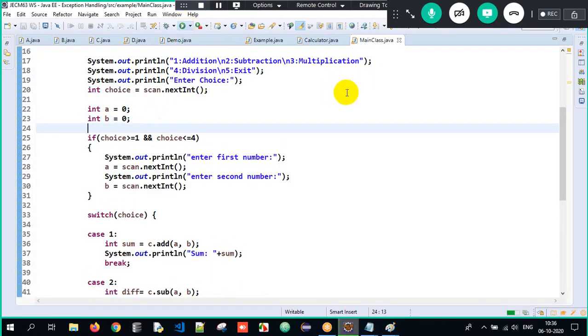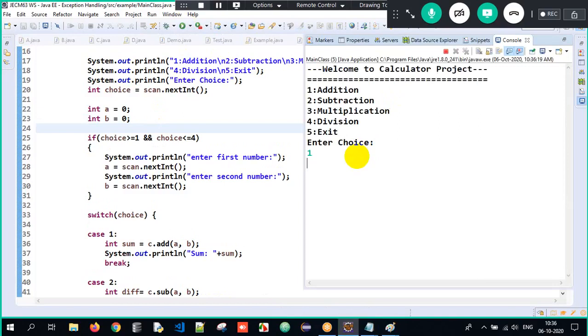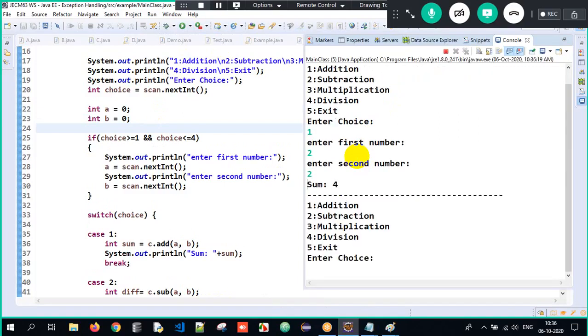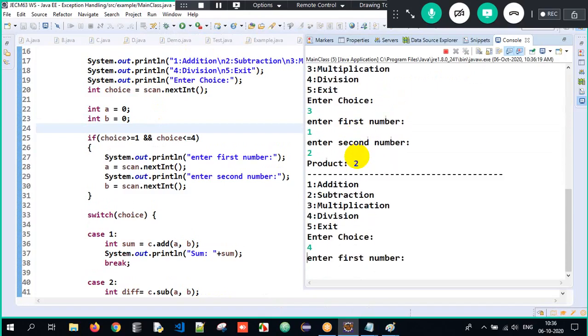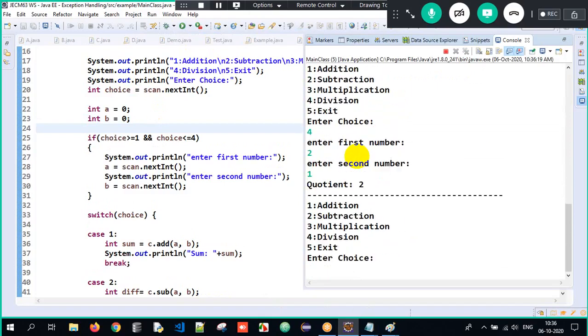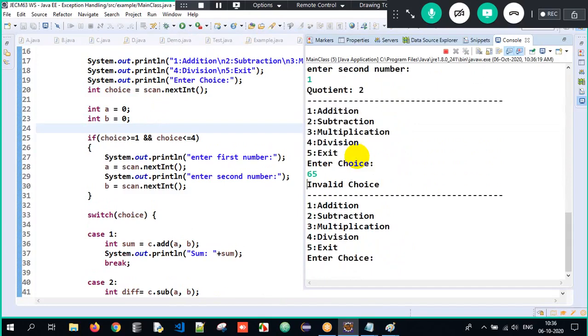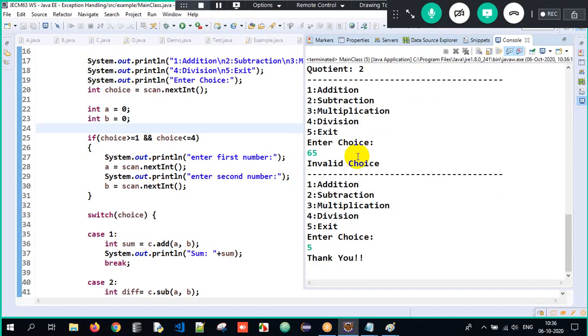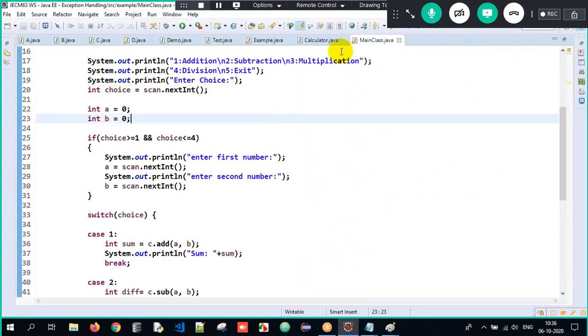See, now when I execute it over here, enter 1 addition, 2 plus 2, 4. Enter 2 subtraction, 2 minus 2, 0. 3 multiplication, 1 into 2, it's 2 here. And if I give 4 division, 2 divided by 1, it's 2 here. And if I give invalid choice 65, see, invalid choice, directly it's not accepting the input. If I give 5, exit, thank you. So if it is 1, 2, 3, 4, that is when I need to accept the input. Apart from that, I shouldn't accept it. So that way, we are just trying to make it a bit efficient over here. That's it. So this is all about the advantage of it.